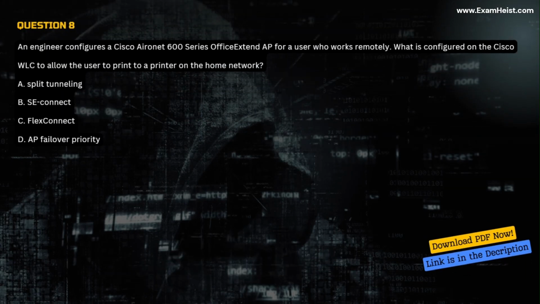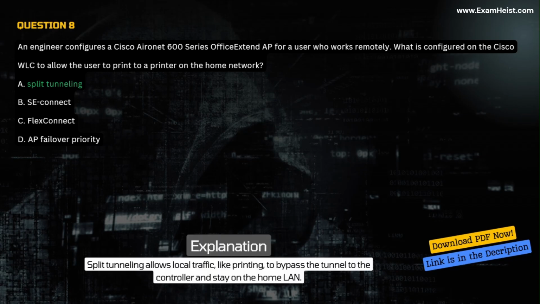Question 8. An engineer configures a Cisco AeroNet 600 series Office Extend AP for a user who works remotely. What is configured on the Cisco WLC to allow the user to print to a printer on the home network? A. Split tunneling. B. SE Connect. C. FlexConnect. D. AP failover priority. Correct answer A. Split tunneling. Explanation. Split tunneling allows local traffic, like printing, to bypass the tunnel to the controller and stay on the home